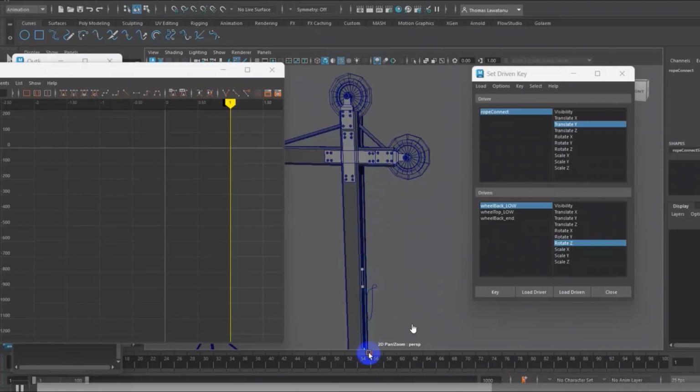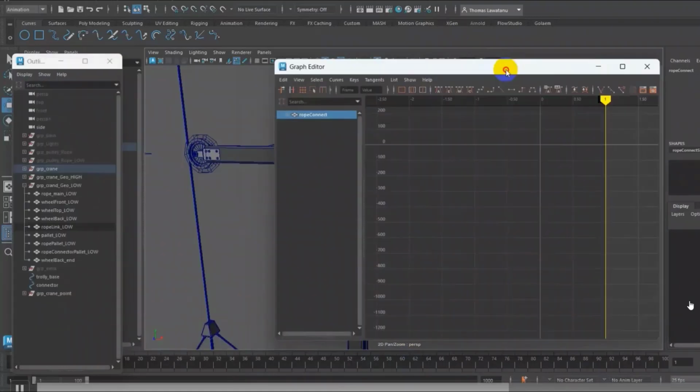Now for the next step, we need to put some limitations. Sometimes when we move automatically, the object goes over. Something like that happened to me also, when we move the weight and the object goes over. So for safety, we need to put some limitations. How to set limitations is easy. You can go to the attribute.